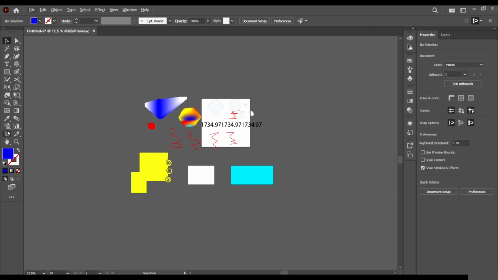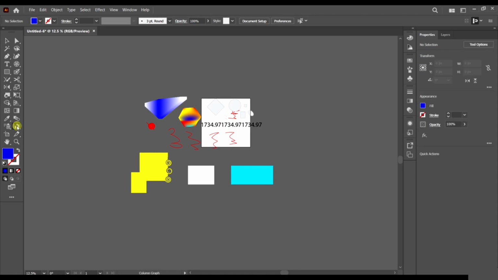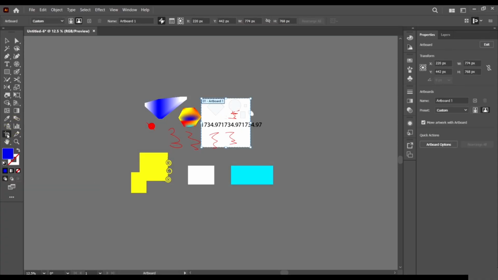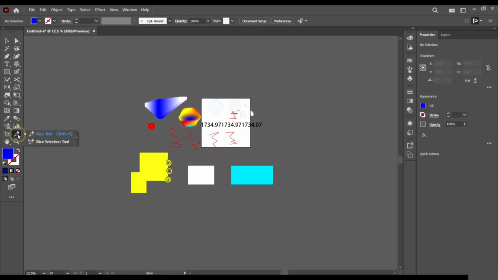We have other tools here like the symbol sprayer tool, which sprays symbols, and the column graph tool, which creates graphs. We have a whole lot of them here. Then we have the artboard tool, of course, which we've looked at. We have the slice tool and the slice selection tool.